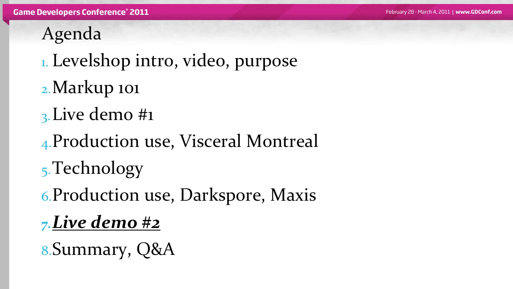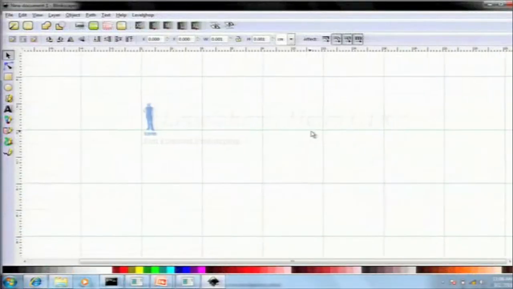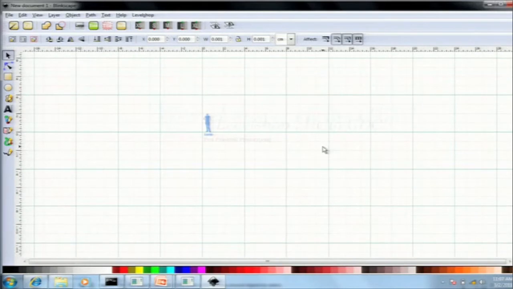So we're going to do, well, I was told to not do a live demo, and now I'm going to do 2 of them. And I'm going to double down, and this is going to be also an improv session. So any volunteers can go up to the microphone and tell me what they want me to build. And as long as it's not build the Moscone Center in 3 minutes, then we might have a chance of finishing this demo. Any takers, any level designers, programmers, like, simple stuff, barn, castle,